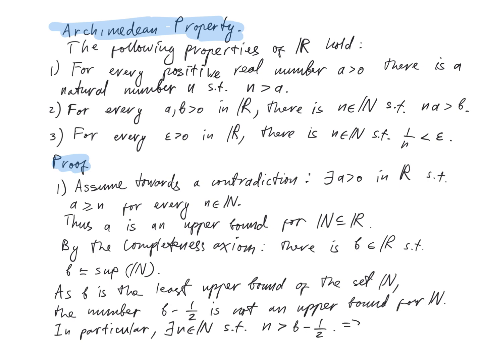Adding 1 to both sides of this inequality, we obtain that n plus 1 is greater than b minus 1/2 plus 1, which is greater than b. This means that n plus 1 is a natural number, so an element of the set N, which is greater than b. But this contradicts the choice of b, which was chosen to be an upper bound for the set N, right? So hence our assumption was incorrect,